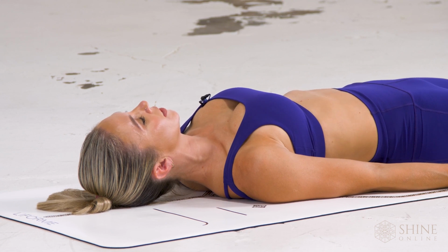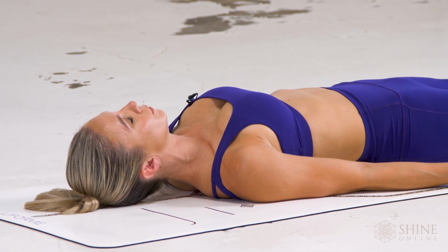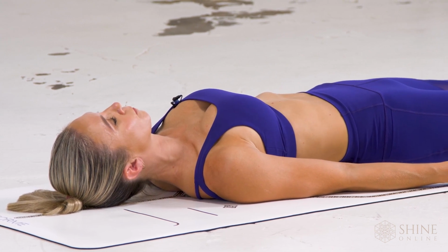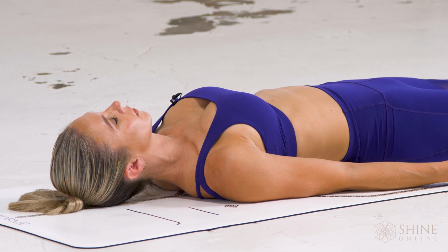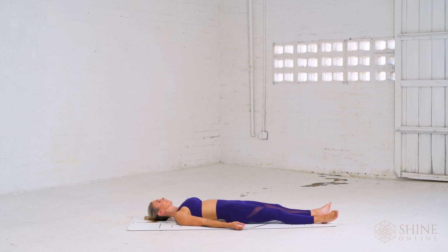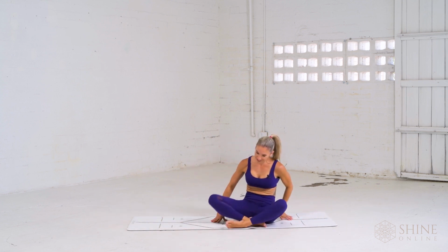Laying here as long as needed, here in your most comfortable Shavasana. Reaping the rewards of this practice today. Settling into the breath. Either staying here, reaping the rewards of your practice in your Shavasana, or meeting me back up the top of your mat, rolling over to one side, finding yourself seated,